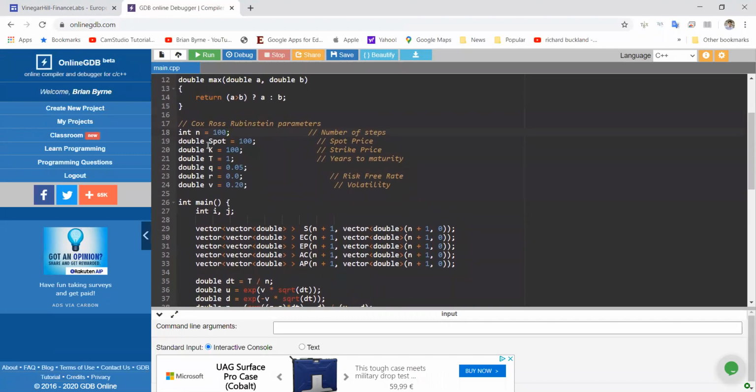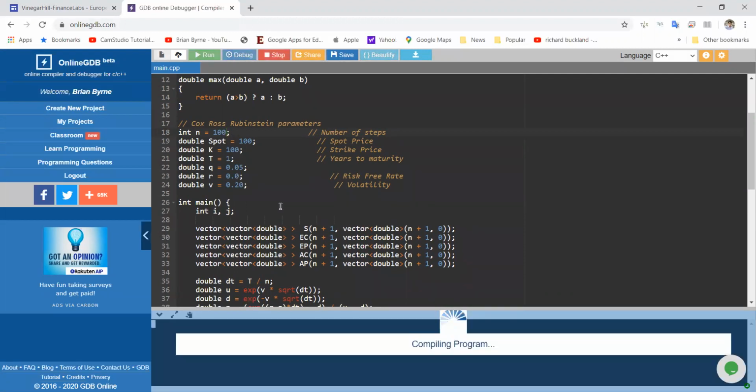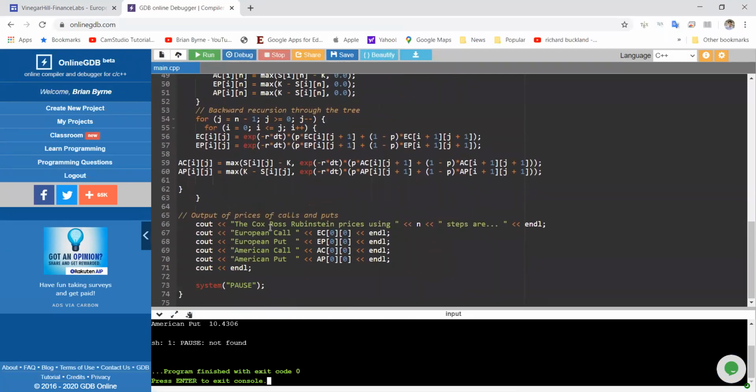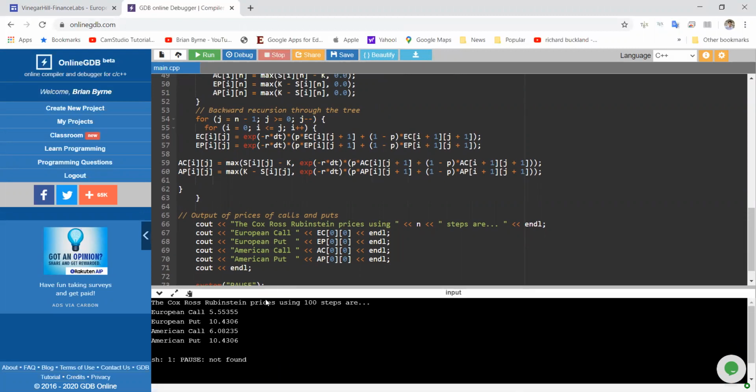Okay, so we can run this, but we just note it's a spot price 100, exercise 100, maturity 1 year, dividend is 5%, risk-free rate is 0, and the volatility is 20%. That should produce a European call value of 10.45. But we're going to get the call and the put for both the European and American options. And if we come down here and inspect the numbers,